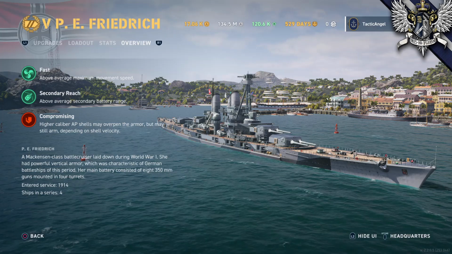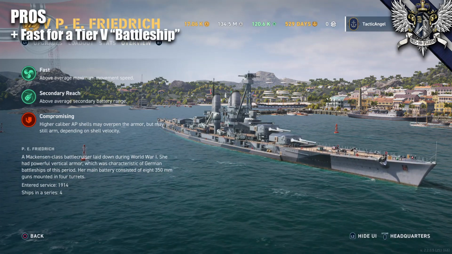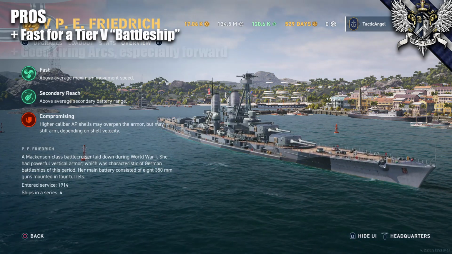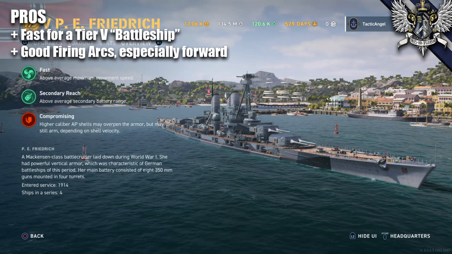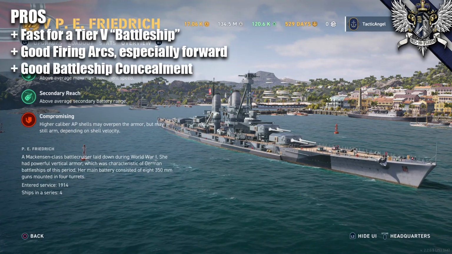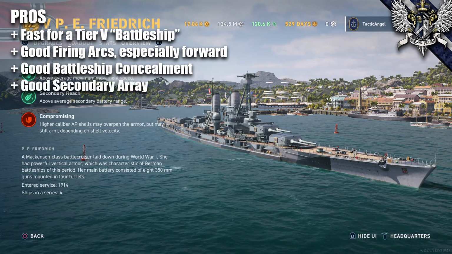It's not all bad news though. The Eitel Friedrich is gifted with a good amount of speed, certainly above average for this tier, though you won't find yourself running down any French battleships or anything like that. The Prince has really nice firing arcs, particularly shooting forward, so she's very good at pushing and can kite in a pretty comfortable angle. She has good concealment for a battleship, an impressive array of secondary guns, and she does